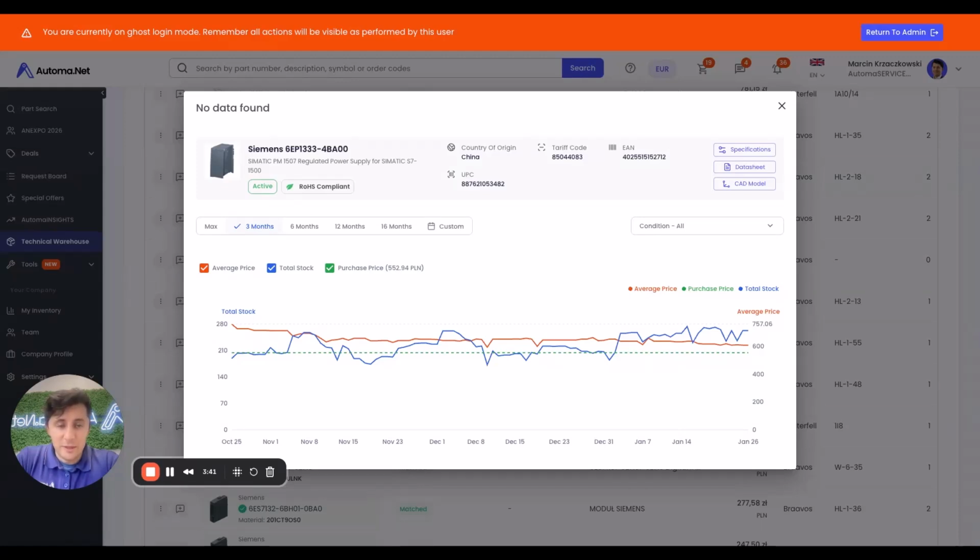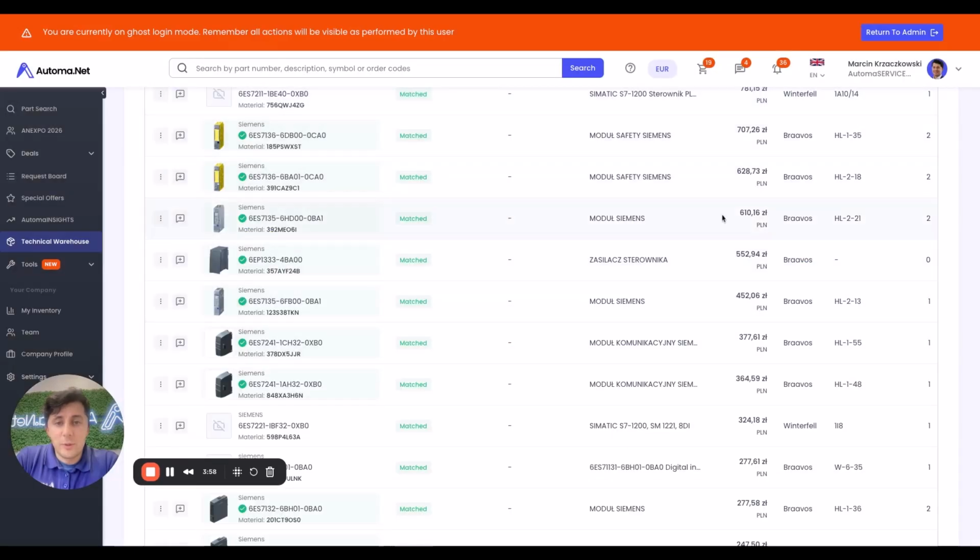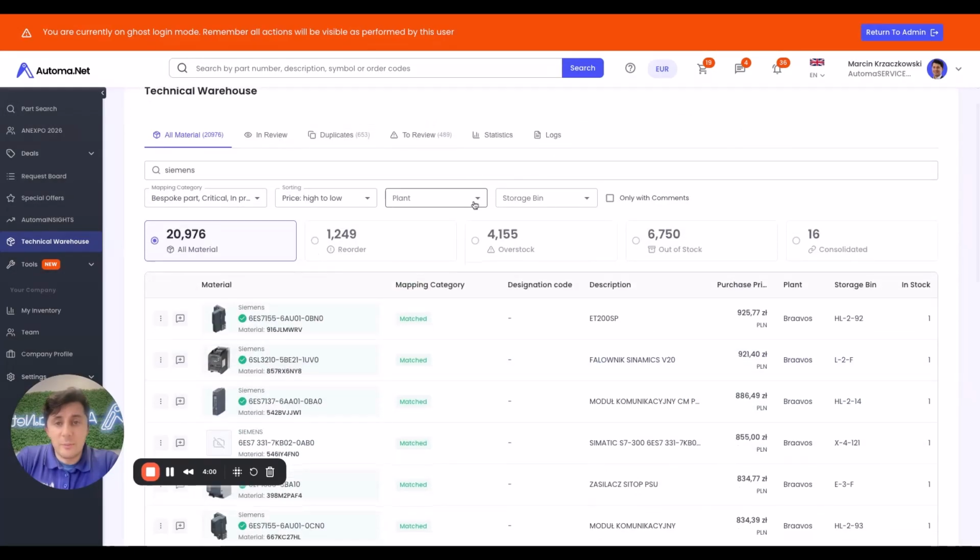The availability on the market is going down, and your stock is small, and you're consuming those parts. In this case, we'll advise you to stock up. In other cases where availability is high, or you have many items across the plants, which you can also see here because you can add more than one plant